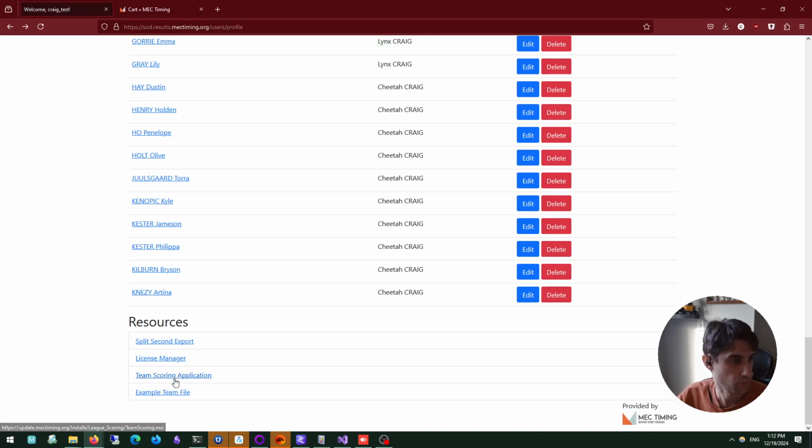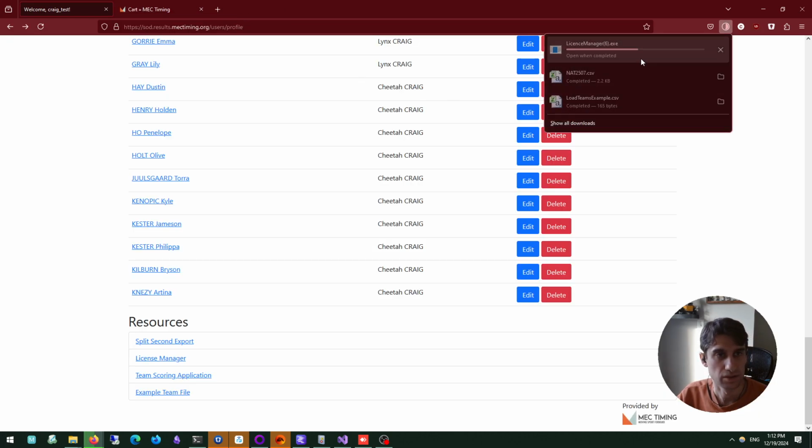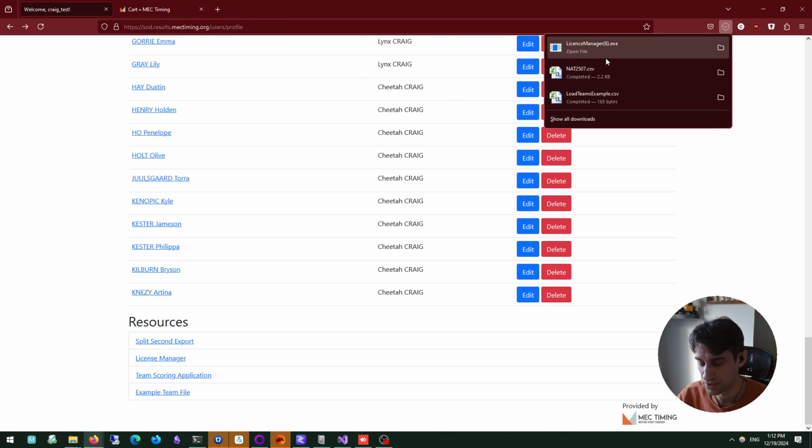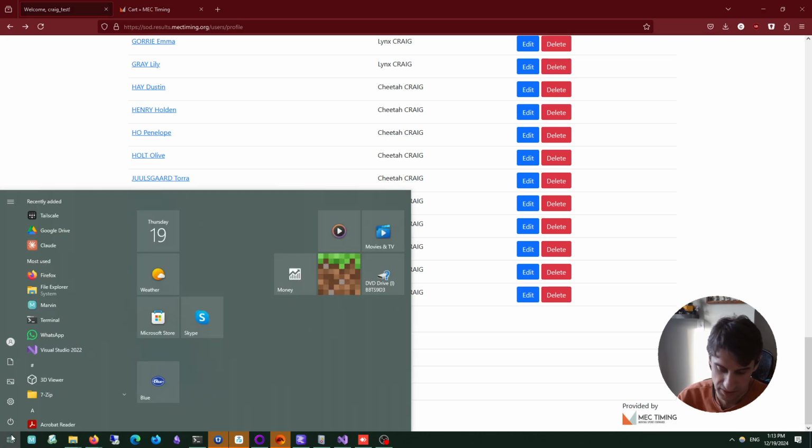So I already have these installed, but if you click on License Manager, you'll get the download for License Manager, and you can install it. And then the Team Scoring application is the exact same. If I go to License Manager,